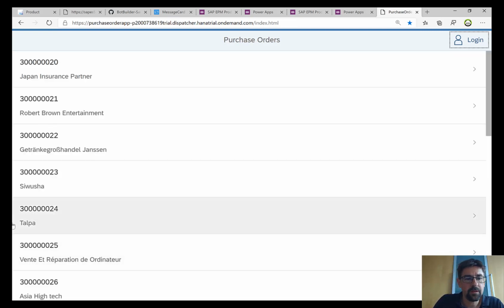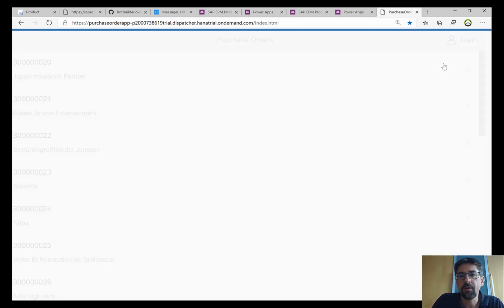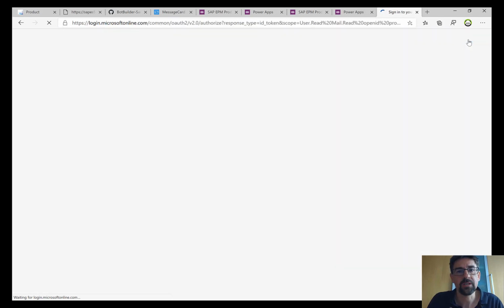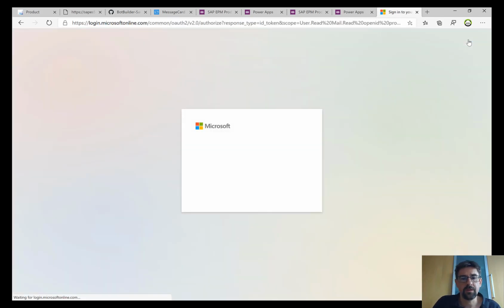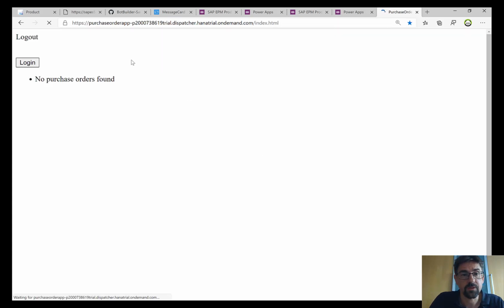In this screen, for example, I have this specific purchase order, with some fields from the SAP system. Now, when I authenticate, if I log on with a Microsoft user, and obviously this could have also been done in the background already, but here I just need to click on this user. So I'm also now authenticating with a Microsoft user. Then I still see information from SAP. I still see the purchase orders from SAP.